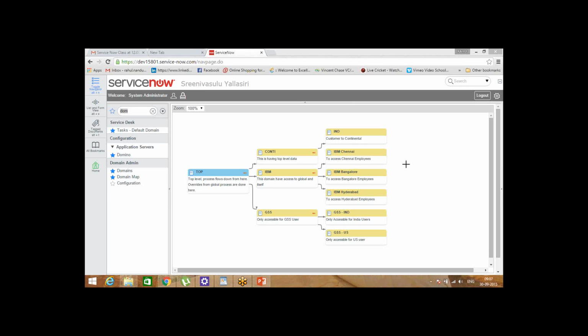Maybe you have given a wrong parent at the level. Sure, let me give a screen share to you. Chandu, right? Yes. Yeah, you can share, Chandu.